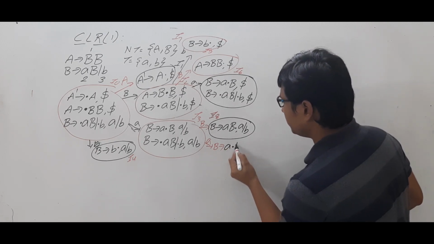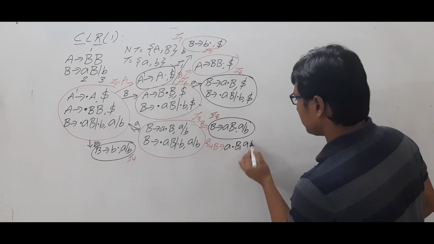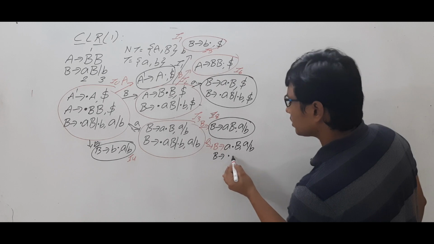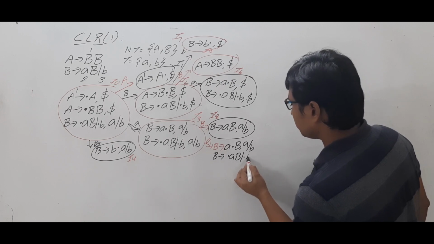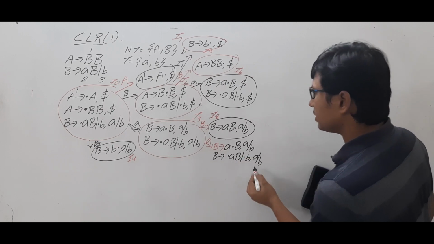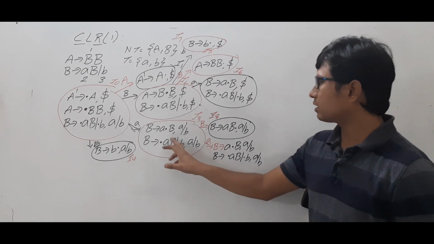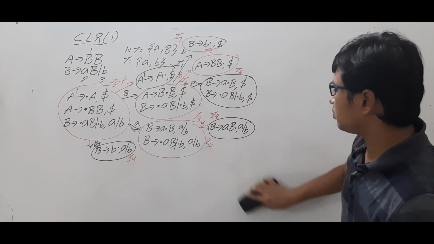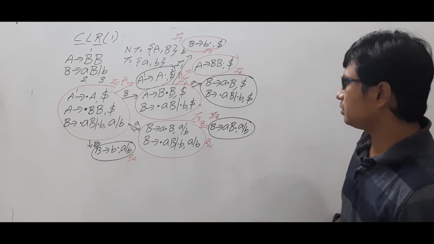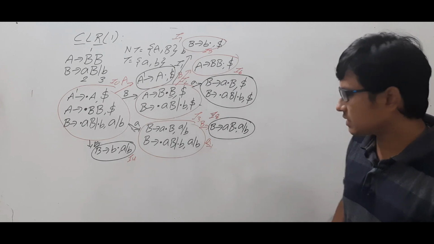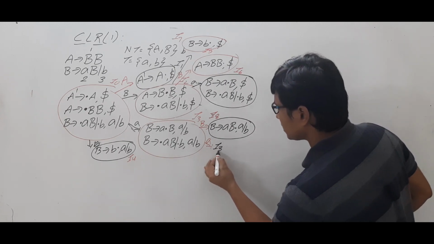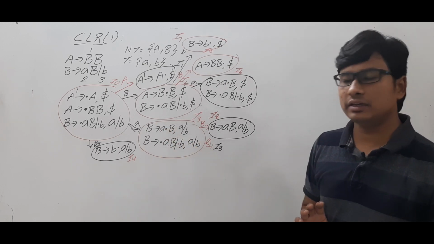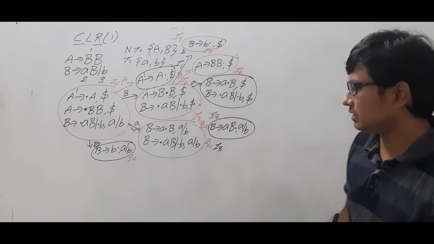A dot B and it is A or B, then B determines dot A, B or dot B, the look ahead is A or B, which is equal to what? Which is equal to I3 only. So I3 on small a, it is going to I3 only. Are you able to understand? Is it clear? So this is I3 only. Am I right? Because the productions are same and the look ahead is also same. So I can write it as I3.